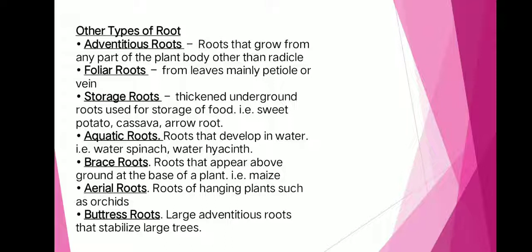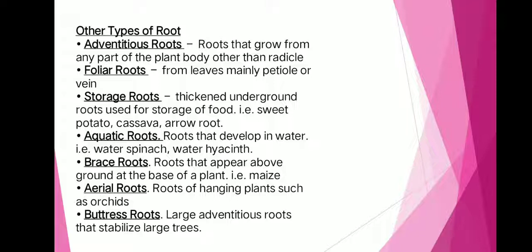Aquatic roots. Roots that develop in water. Examples: water spinach, water hyacinth. So aquatic roots are roots that develop on stems above the normal position occupied by roots in response to prolonged inundation with water. Brace roots. Roots that appear above ground at the base of a plant, example maize. So brace roots are the plant executing an emergency bypass, reaching into the soil from beyond a long area